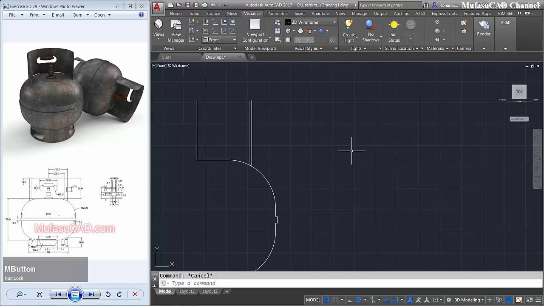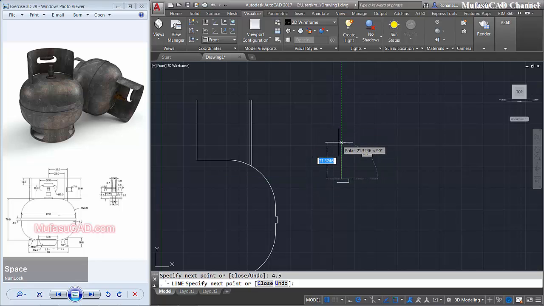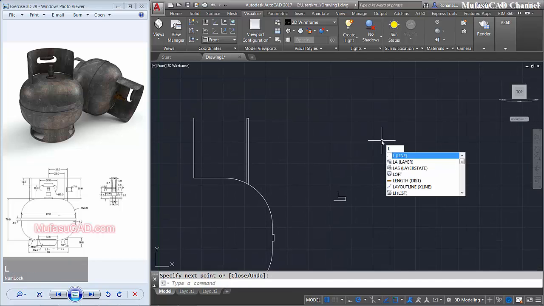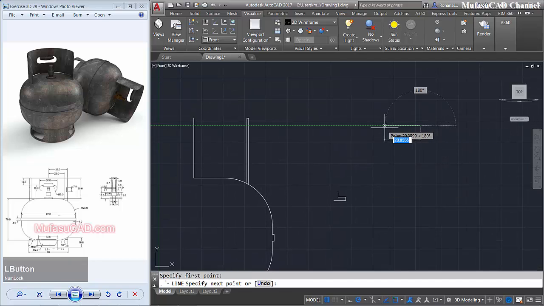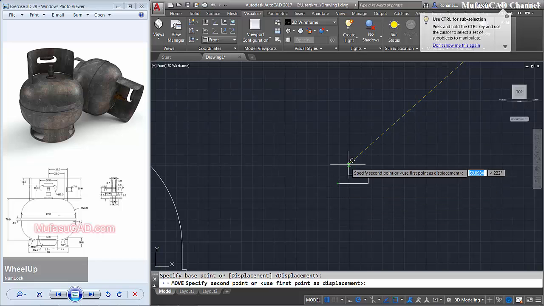I will create a line, start from this point to the right 7, move to the top 2, and move to the left here about 4.5, move to the top 3. Next we'll create a line, start from this point to the left 8, move from the middle point here into this point.